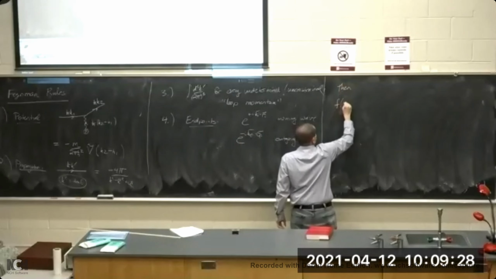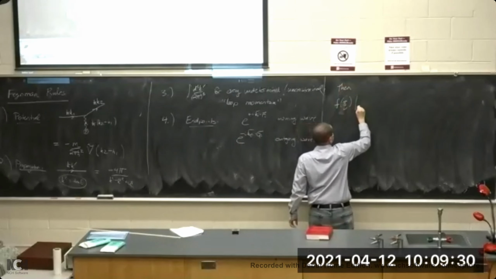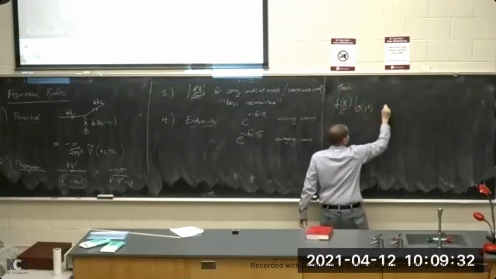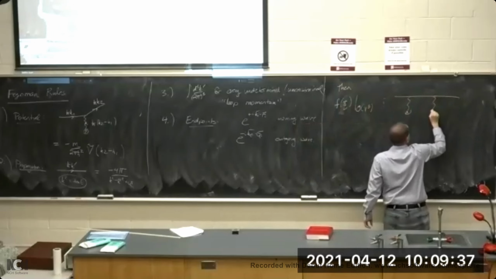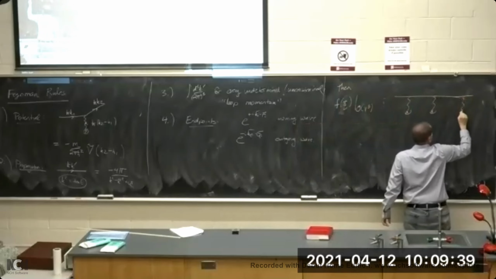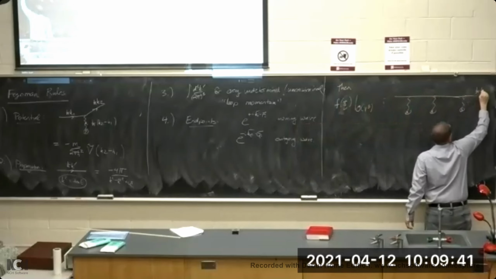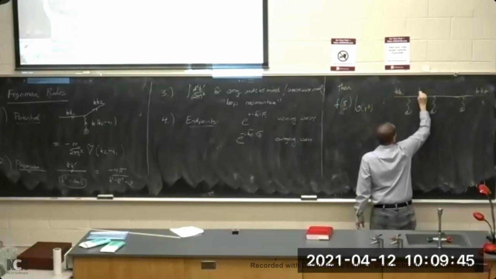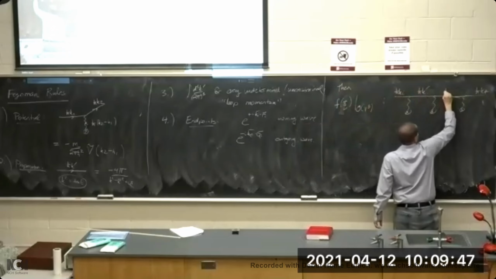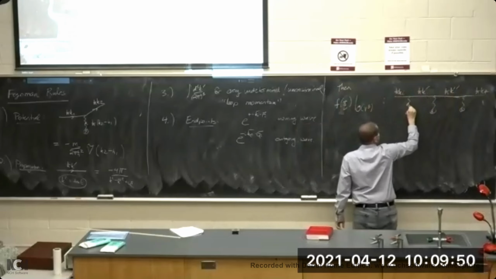The contribution to the scattering amplitude f(q) at order v cubed is represented by this diagram. One potential, two potentials, three potentials. I end up with momentum ħk final. I came from ħk initial. If in between I've got ħk' and ħk'',